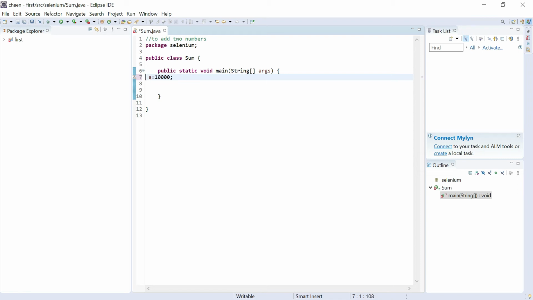So if I'm writing int instead of short, I can pass 32 bits of data. Int can handle combination of 10 numbers. So that is 32 bits. If you want to pass data more than that, then you can give data type as long. So last video we understood how to declare and assign values. But what are the different data types we have?